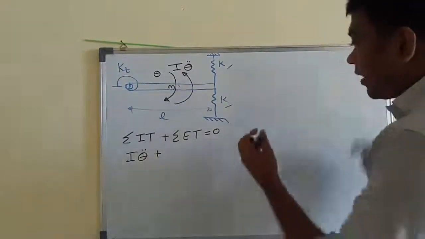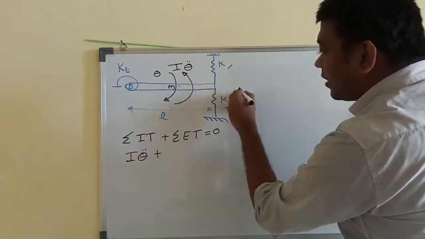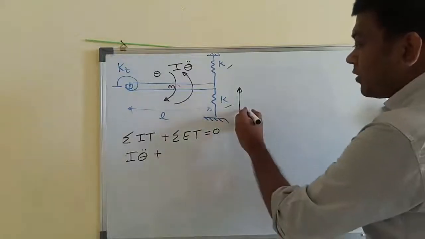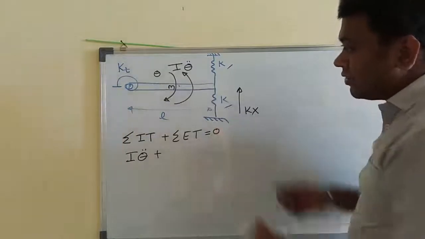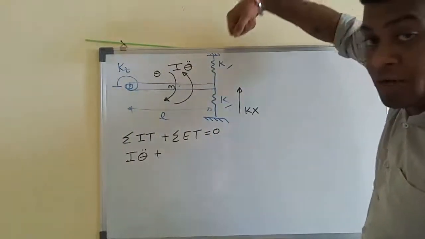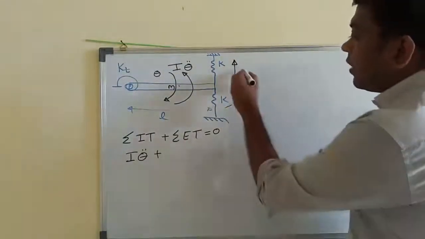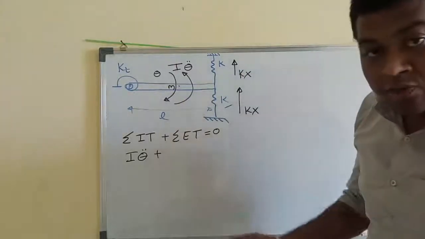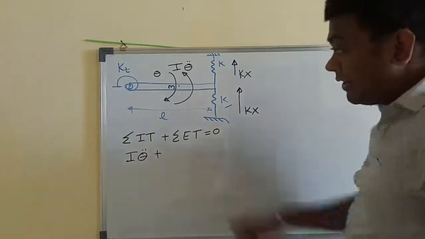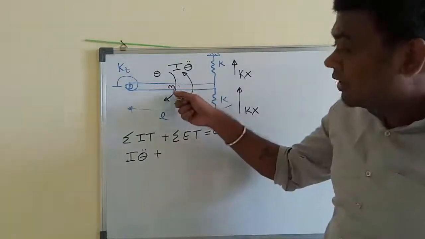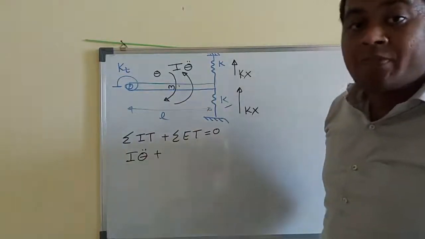So we have one spring force. As this spring is compressed, it will try to pull the beam to the upward position. What is the spring force? K into x. And this spring is stretched, so it will try to pull in the upward direction. So the spring force here is also upward. Both spring forces point towards the mean position, which means both will be positive. We are neglecting the self weight because this diagram is under the static condition, where the self weight is cancelled out.